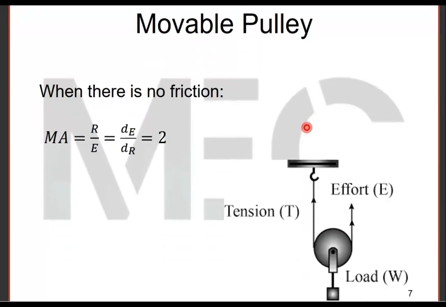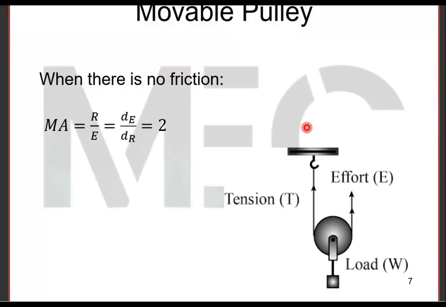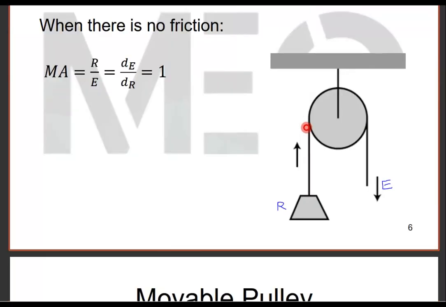In a movable pulley, it is like this. By the way, in a fixed pulley, we can think of it like a type 1 lever. If you think of a lever like this, and this is the fulcrum here, which is not moving, you apply the force downward and you're bringing up some load. So it's like a fixed pulley with mechanical advantage of 1, where the effort arm is equal to the